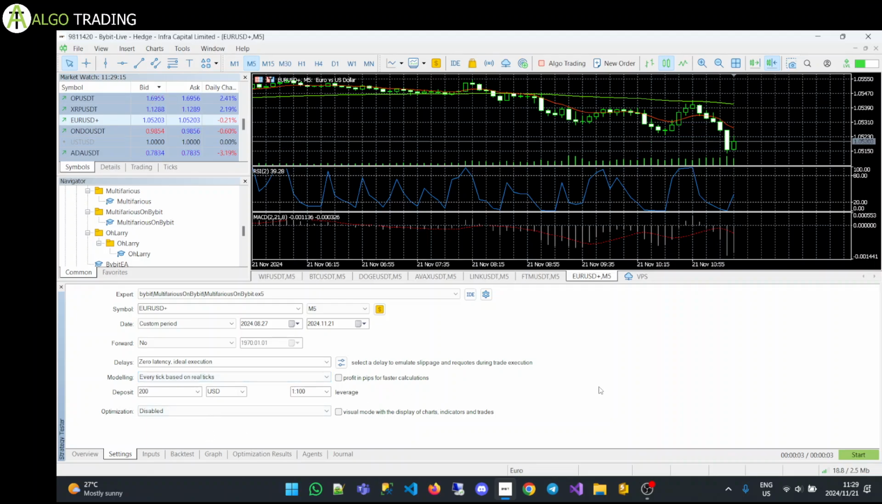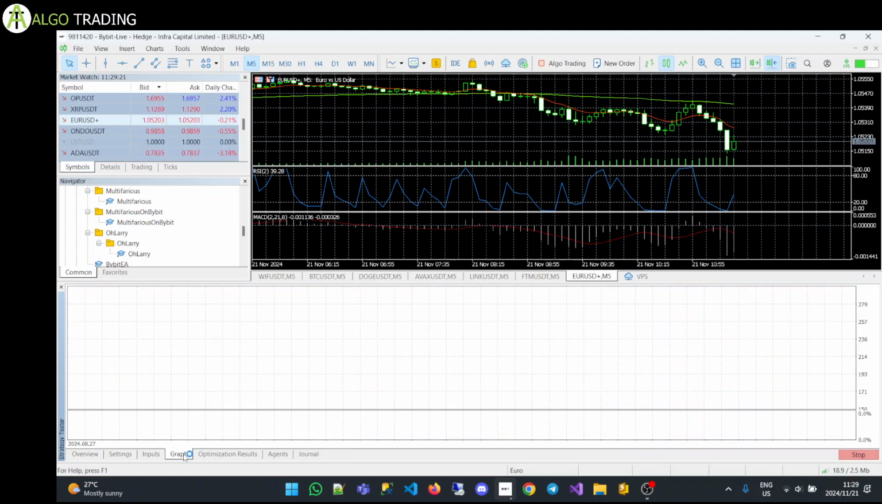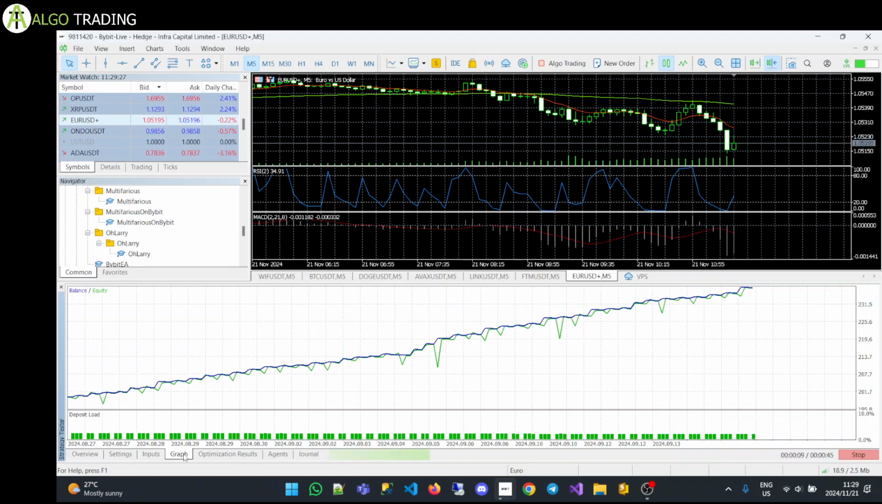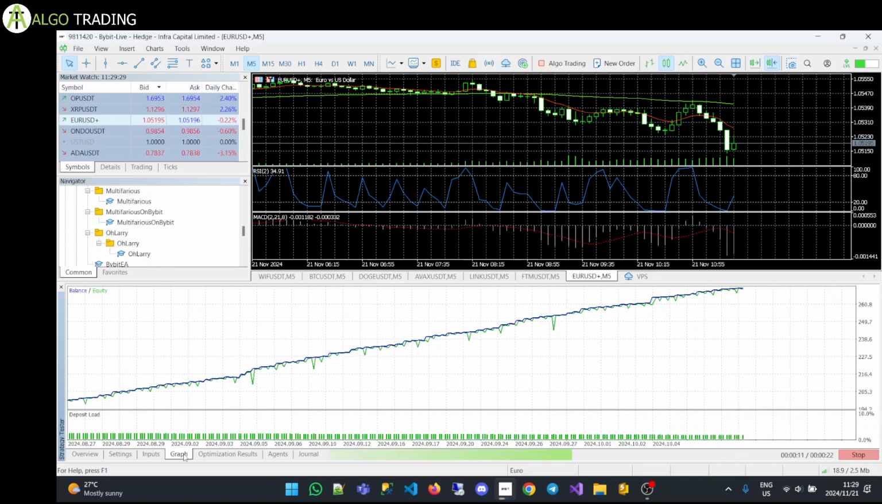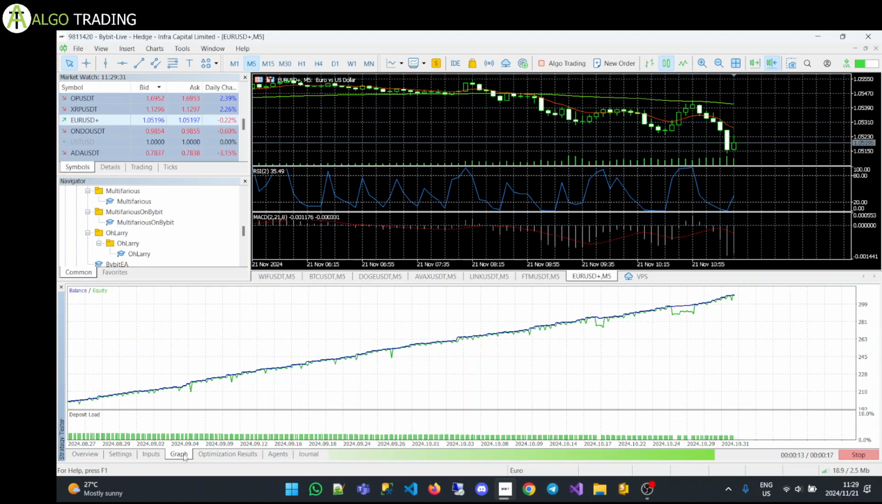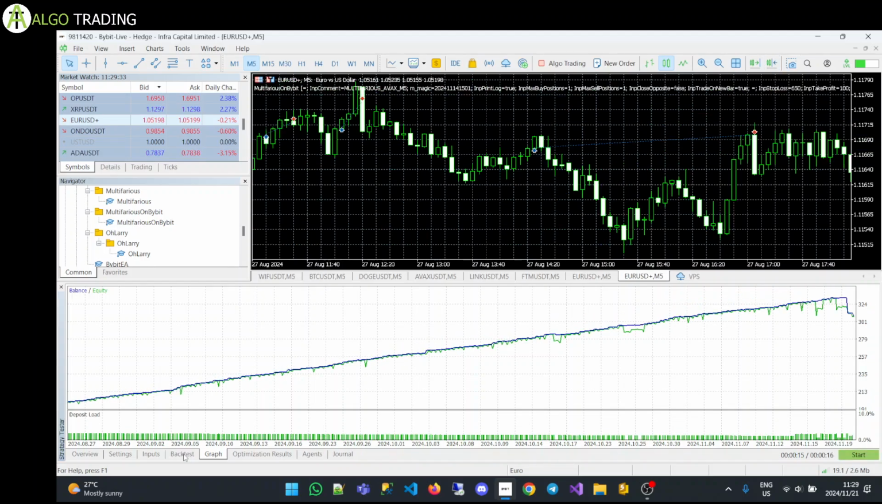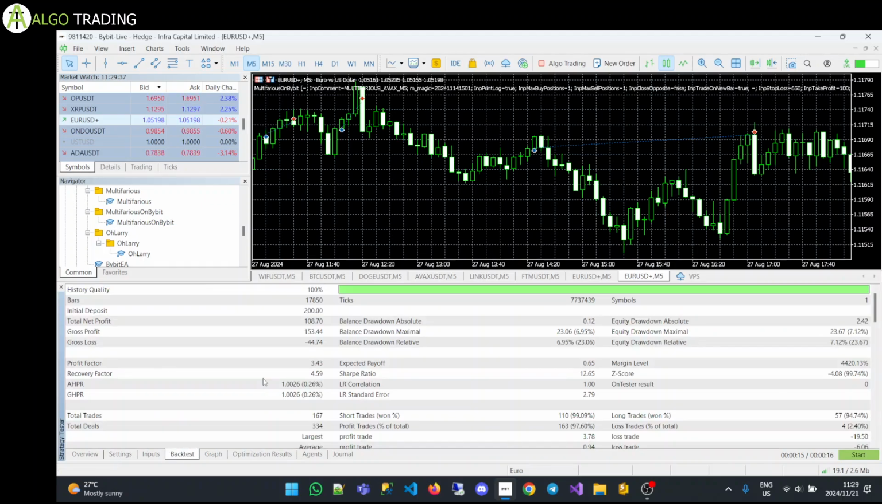So let's run the back test for this one. Let's have a look at the graph, and I'm running it on every tick based on real ticks. So for those backtesting purists, you'll get to like that. You can see this is essentially a no lose strategy. Oh, there we had one loss at the end there. Okay, so in that period,